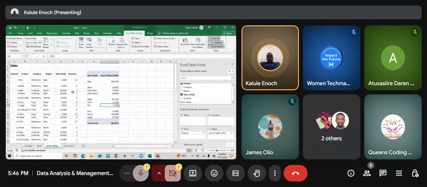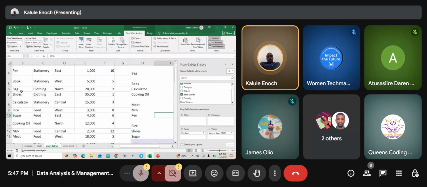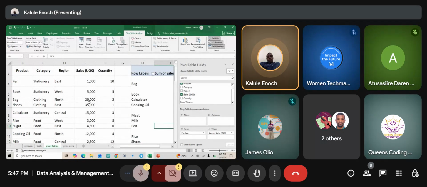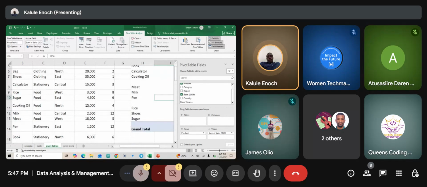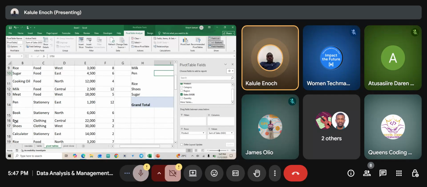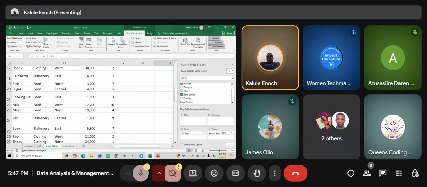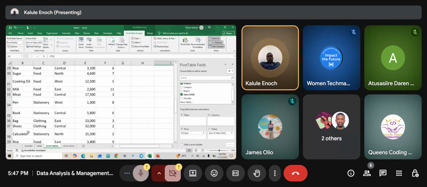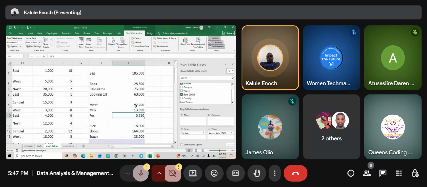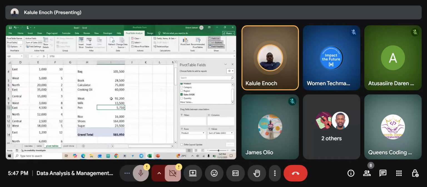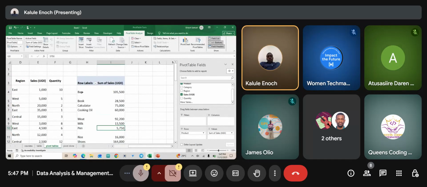So if I was to go through all of my data and try to add how much I made from all the bags sold in different places, that would take me a lot of time. If I look at row number 6, there is a bag, 2 bags were sold at 20,000. Then row number 16, again 3 bags sold at 22,000. Then row number 26, I have 2 bags sold at 21,000. Then row number 36, I have 3 bags sold at 26,000. That would be hectic. Instead, I create a pivot table and it gives me a summary